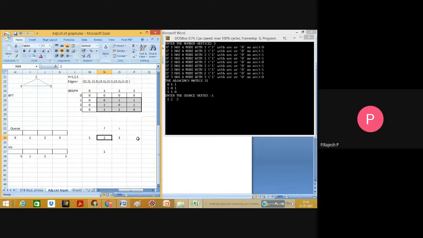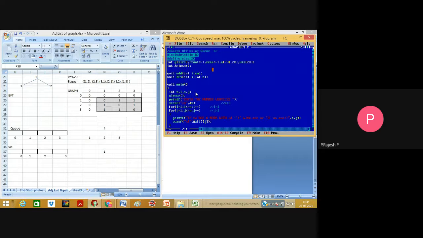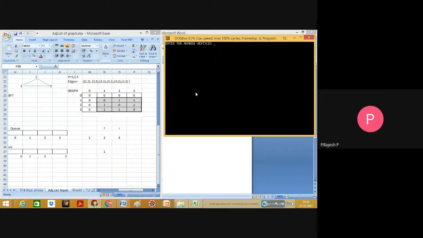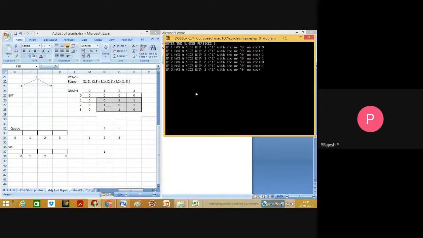So 1, 2, 3 are the nodes visited. Even if you go with the adjacency matrix 0 1 1, 1 0 1, 1 1 0, this is what the adjacency is.